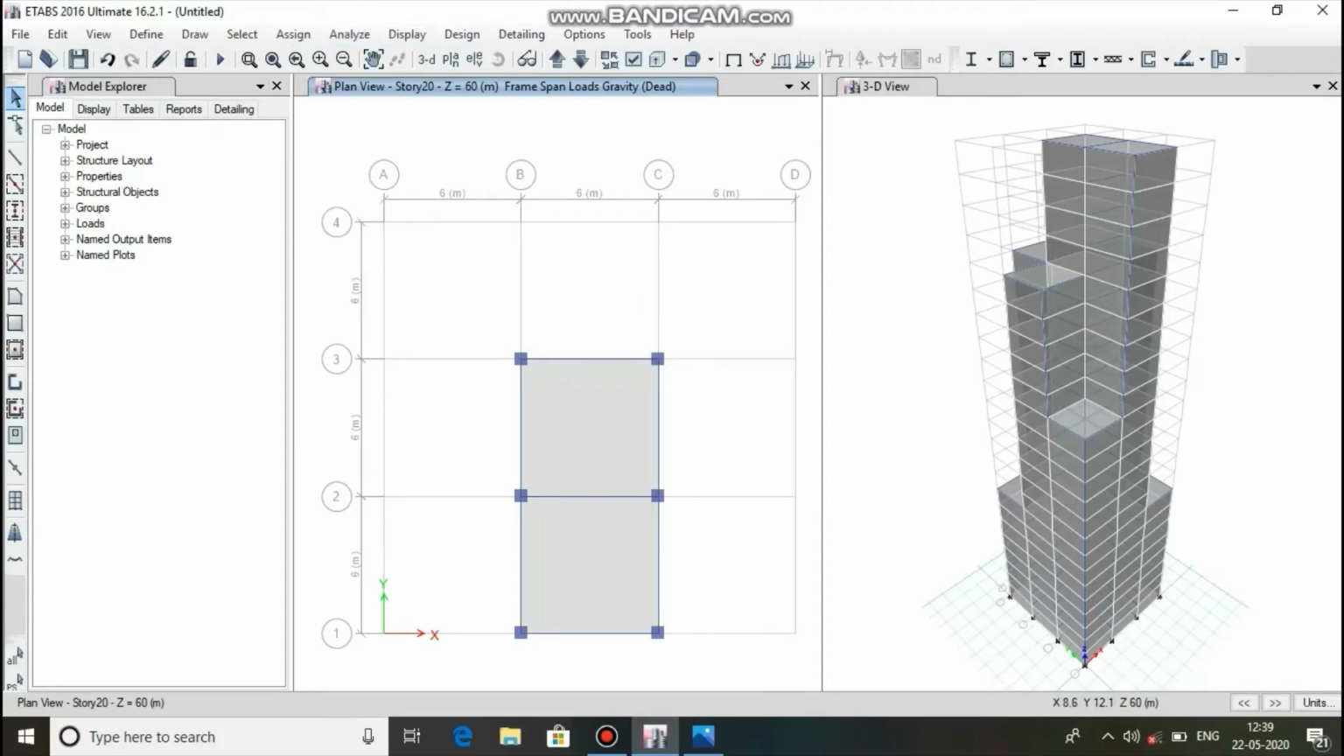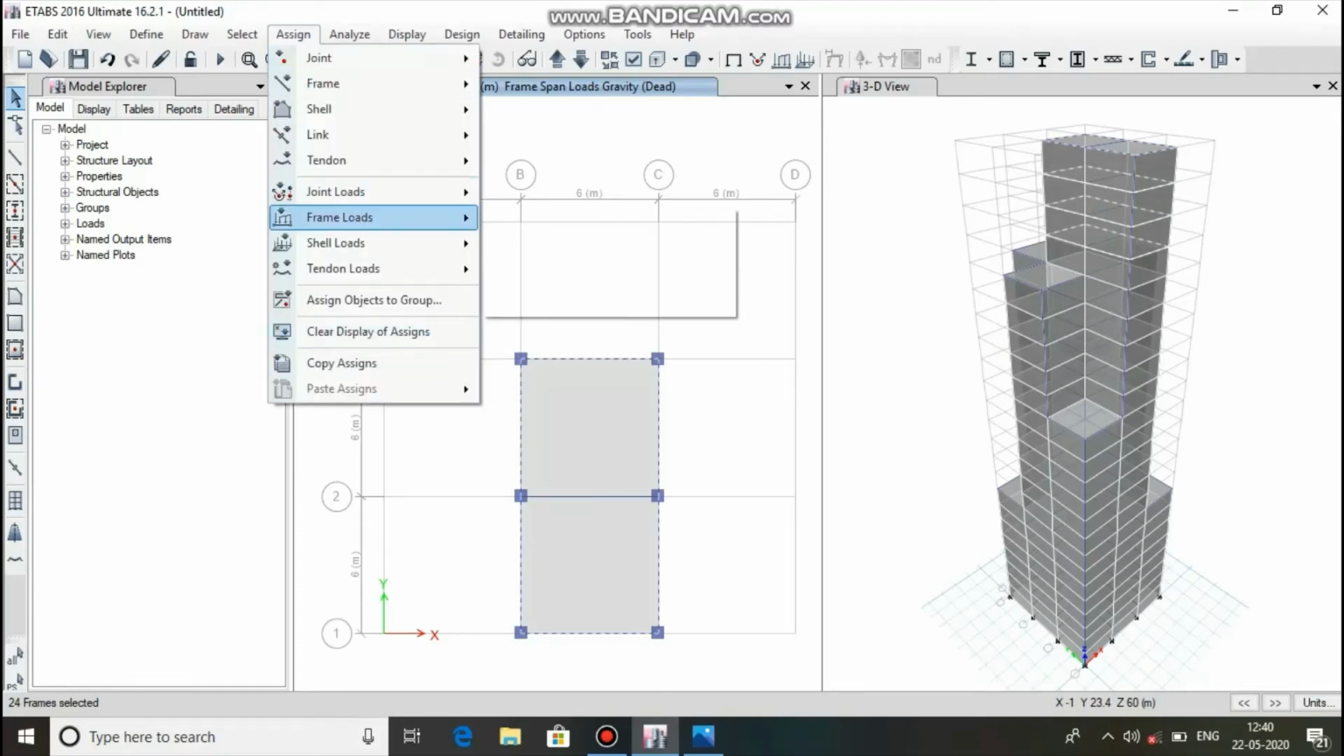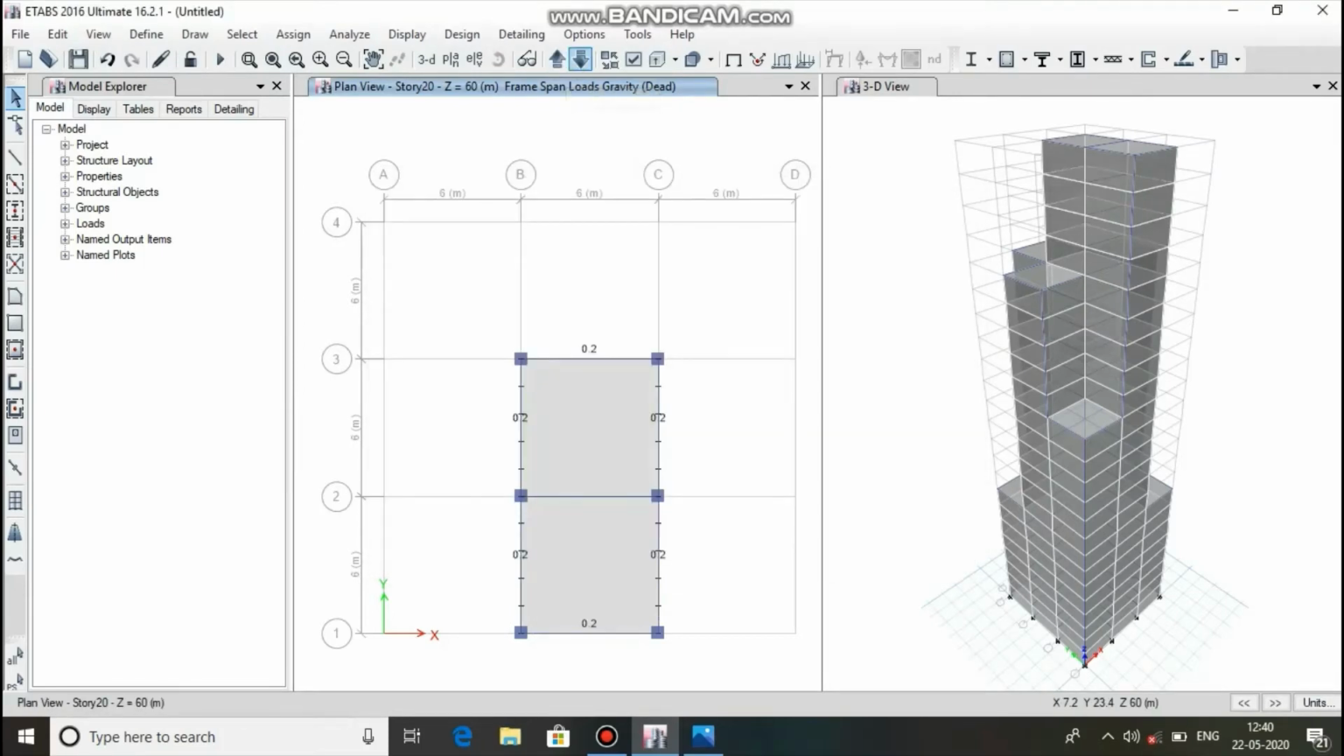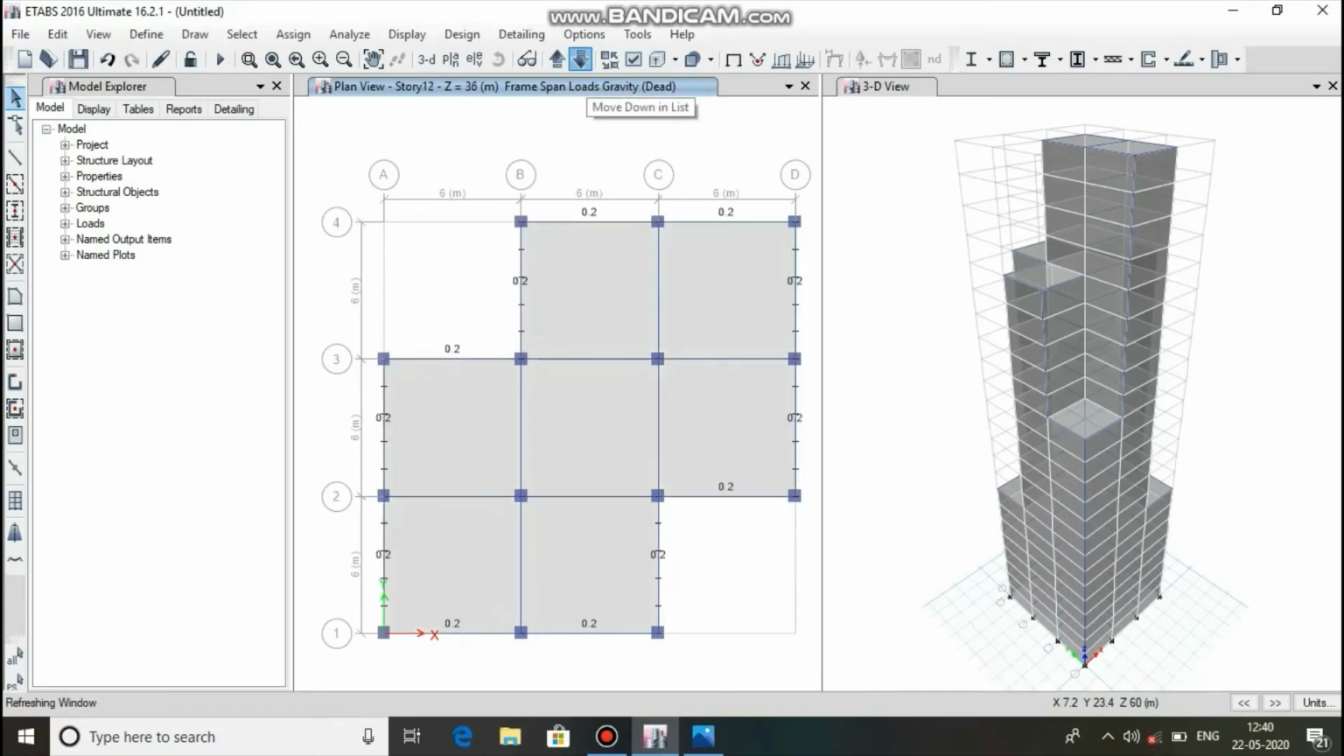Now click the pins. Assign the load, frame load, distributed, same, click OK. So you can see here. Okay, now